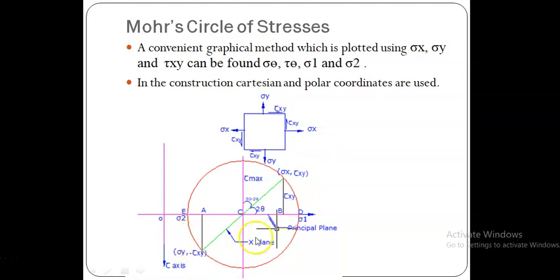Then you see, suppose I want to find the normal and tangential stresses on some plane for this problem, and its location with respect to the principal stress is about 60 degree or 80 degree, whatever it is. It can be noted from this axis to 80 degree. That is 80 degree means here it is 2 theta, therefore 160 degree. We just mark that point.